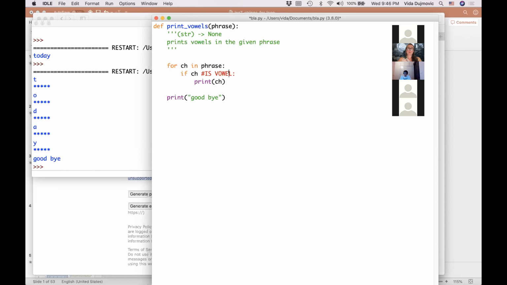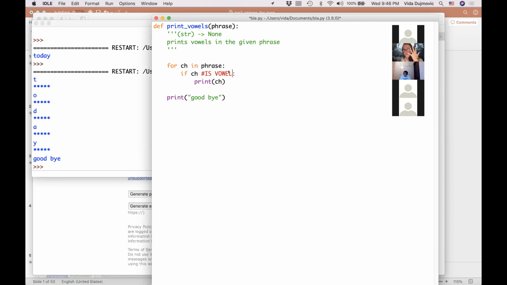So to complete this, how do we test if one character that is stored in a variable ch is a vowel? Well, what are the vowels in English? Let me pronounce them not in English because it's easier. What are the vowels? A, E, I, O, U. Apparently in English, Y is sometimes considered a vowel and sometimes not. We're going to ignore that and just test for the five non-complicated vowels: A, E, I, O, U.